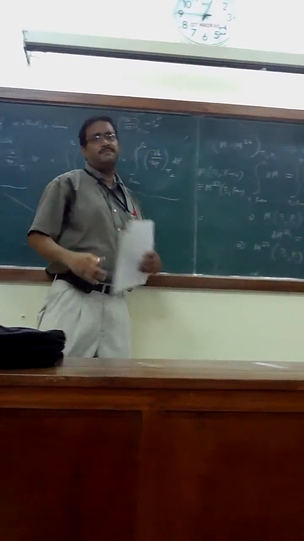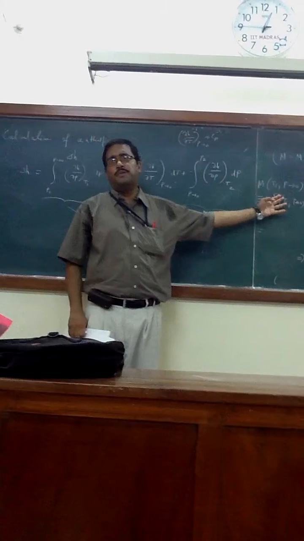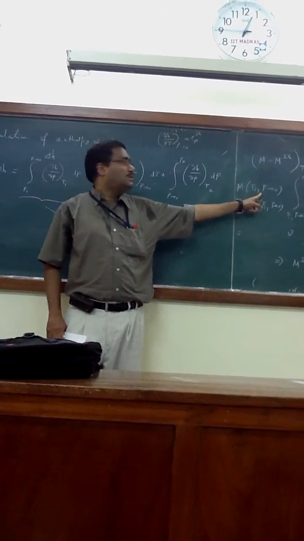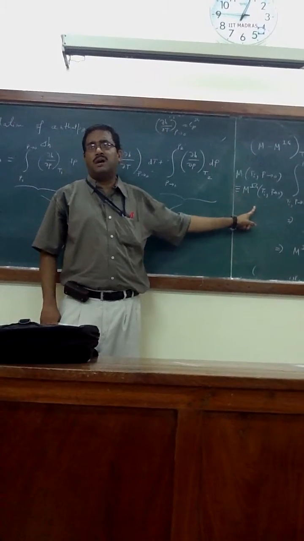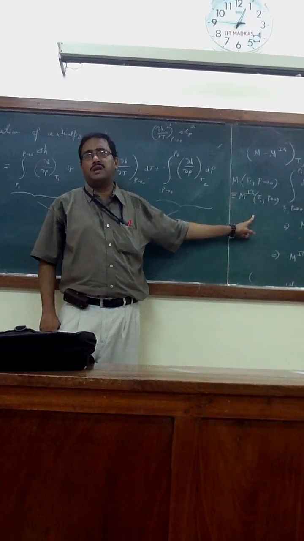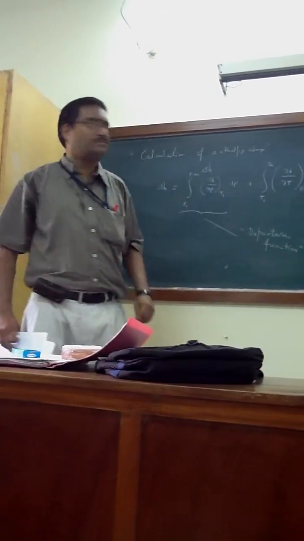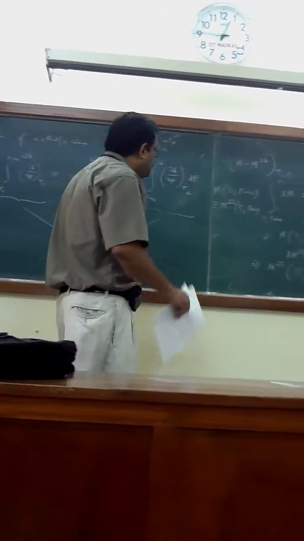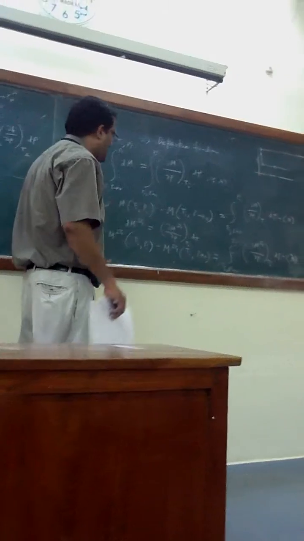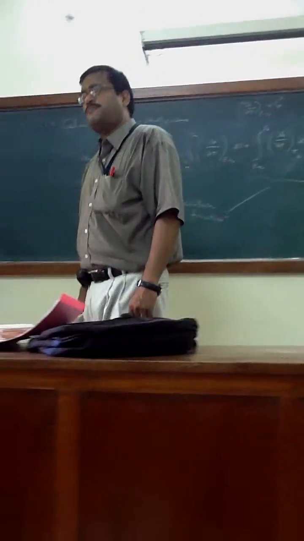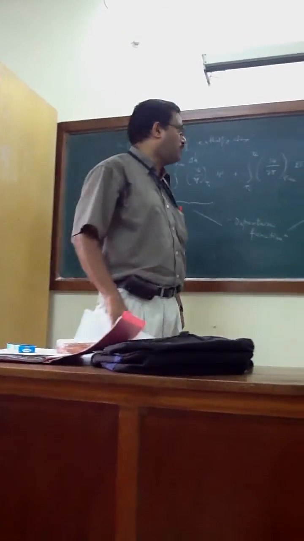Am I correct? Any substance would behave like an ideal gas as P tending to 0. The property at P tending to 0 is nothing but the ideal gas property at P tending to 0. Right? Okay. So if you subtract equation B1 from B,